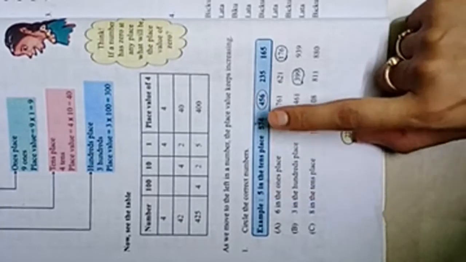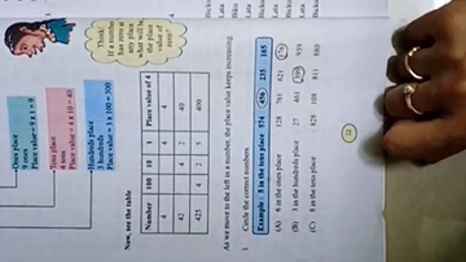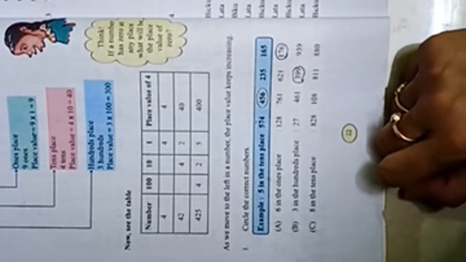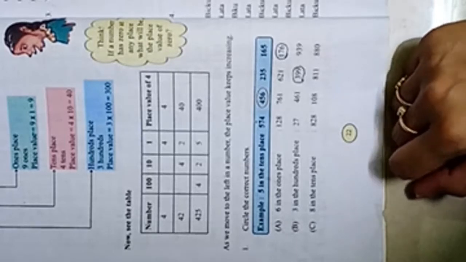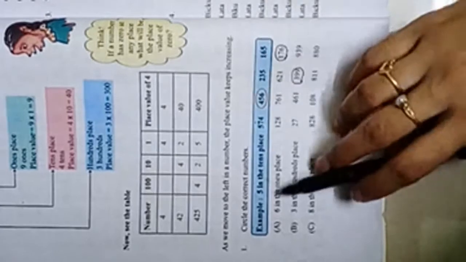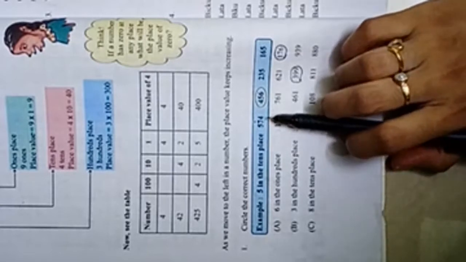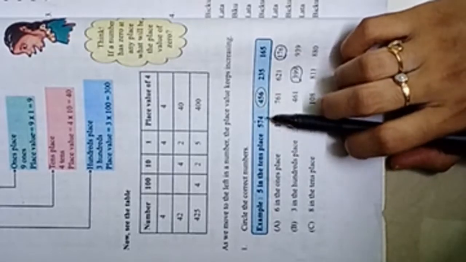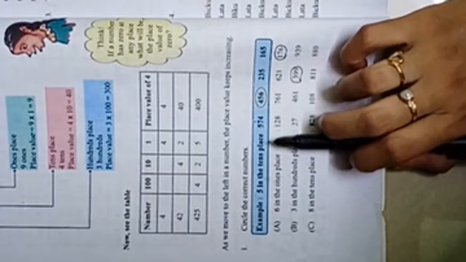Observation is very important. Observe carefully. Here, we are having 4 different 3-digit numbers. But you have to identify and circle the number which is having 5 in the tens place. So already this is the example. So answer also we know. Already here he circled. Okay. Now 5 in the tens place. Here tens place means we have to observe from right to left. When we are reading the place position, we have to start from right to left. We have to start from right and we have to go to the left side.